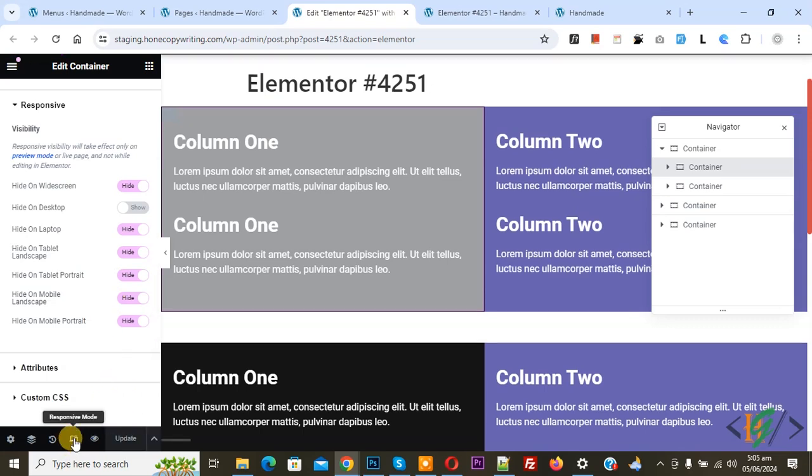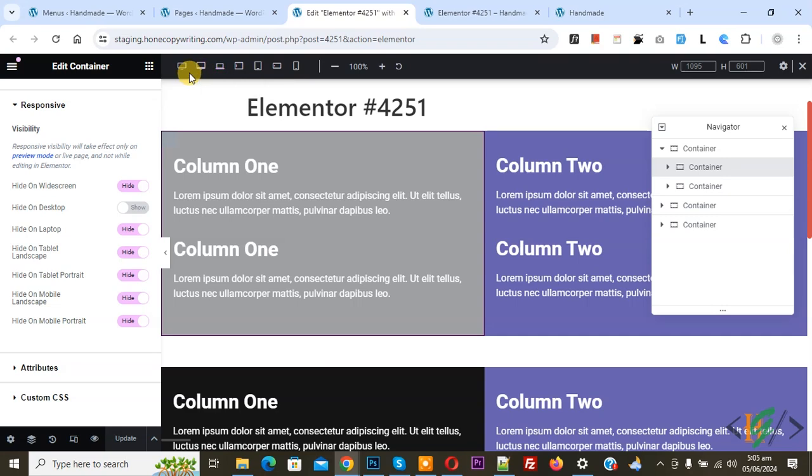Click on it, and on top you see different screen sizes. Also you see screen sizes in pixels. For widescreen it is 2400 pixels and up, and then you see desktop, and you see laptop, and the laptop screen size is 1366 pixels. If you want to show specific screen sizes, or you can hide or add, click on this,